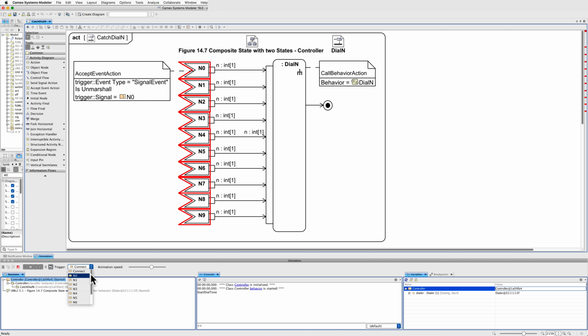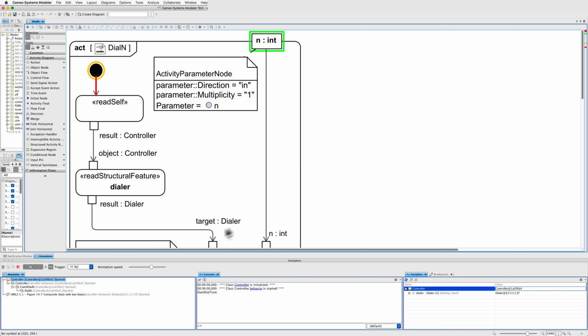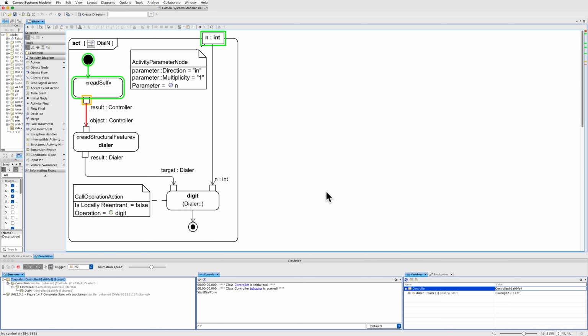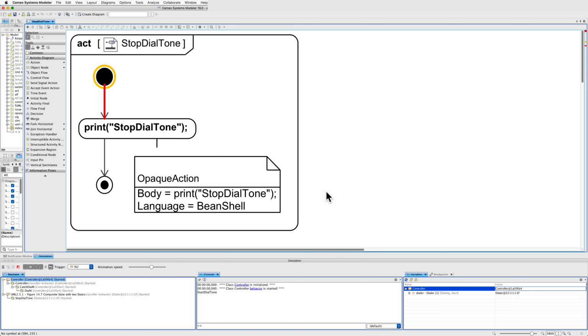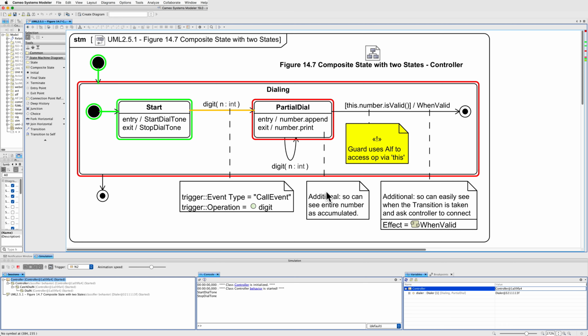But we're actually going to get a connection to happen automatically first shot by putting in only 4 digits. We're using a mini phone number. Okay, so I'll dial the number 2. It accepts it. It sends it to dial N. Dial N reads itself, comes into the dialer. Dialer calls digit. Digit causes, in fact, a transition in the state machine,